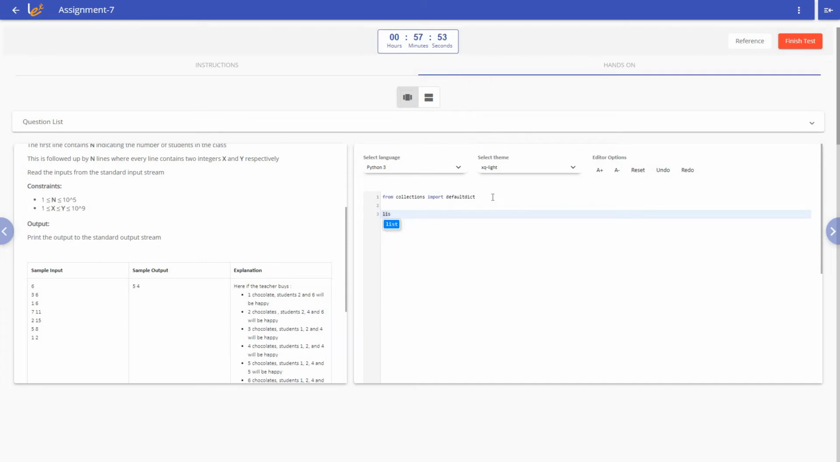So let us first assign x equal to defaultdict. The idea of using a defaultdict is basically that even if some key is not present in the dictionary and we access it, it will not throw us an error. For a key which is not yet present in the dictionary, if you try to find its value, it will automatically assign a value of 0 to it. So for k in range of 0 to